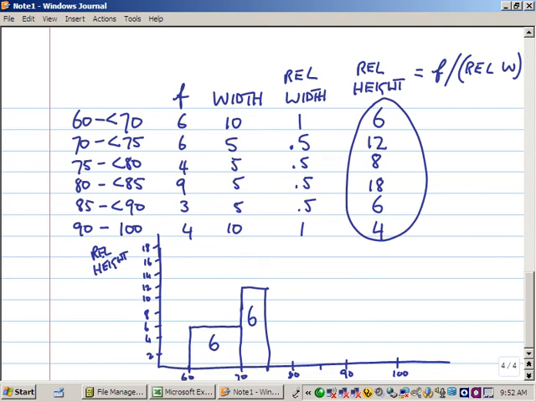75 through 80 is a height of 8. But there are 4 items in that class. 80 through 85 has a height of 18. Goes all the way up here. Height of 18, but 9 items in that interval or class. 85 through 90, a height of 6. 3 items though in that class, and therefore this block here should have half the area of